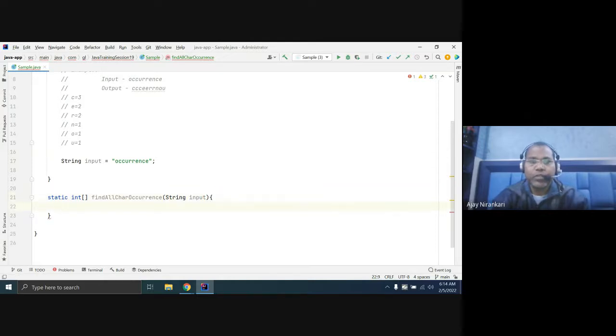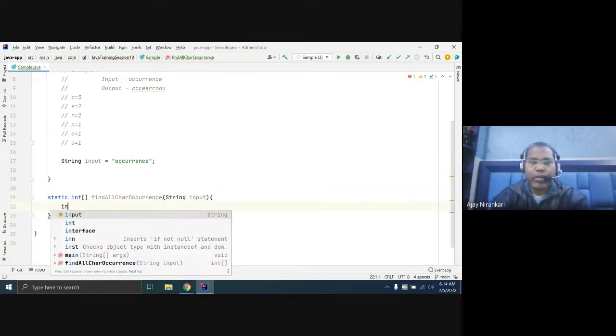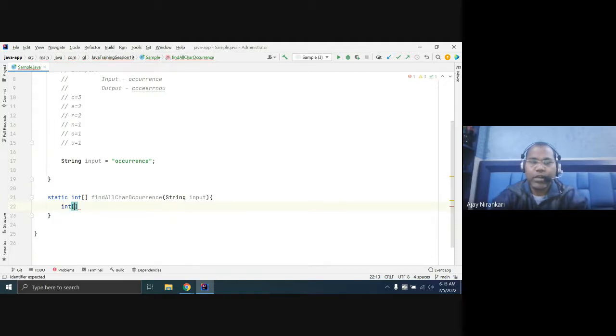As you know, yesterday we first needed to create one int array that holds all the characters. In our laptop, the maximum number of characters can be 256, near about.